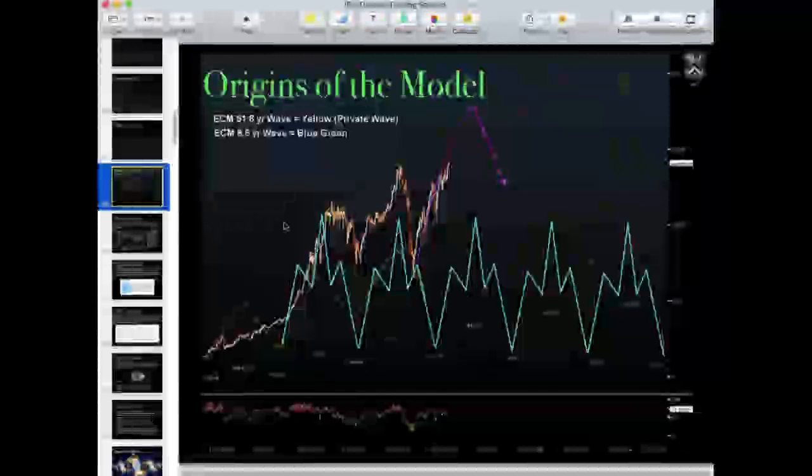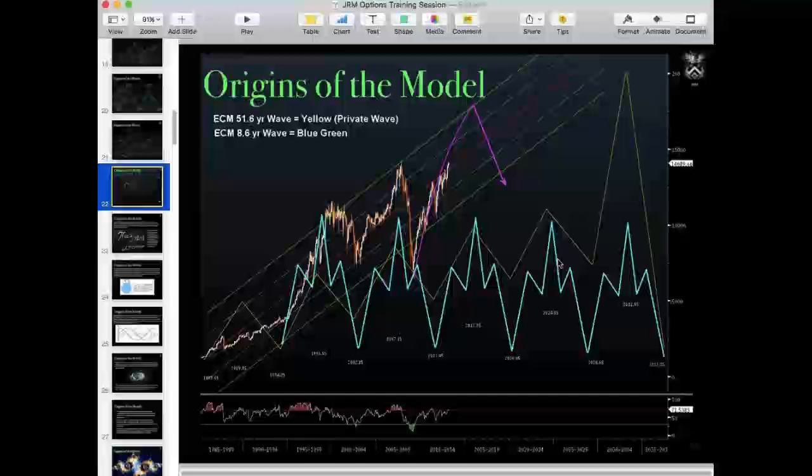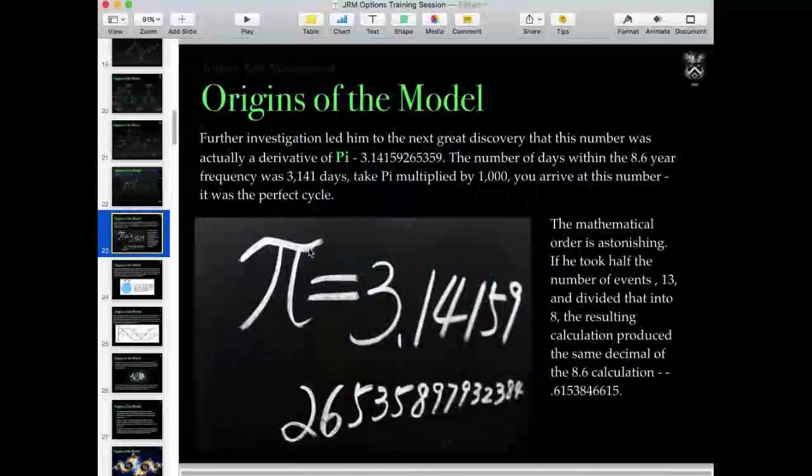Trying to see how I'm doing on time. So let me touch a few more things on our model. I think I painted the picture of just the 8.6 year frequency, how powerful it is. We use a lot